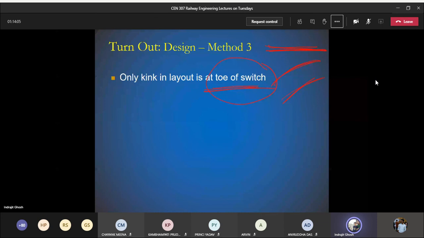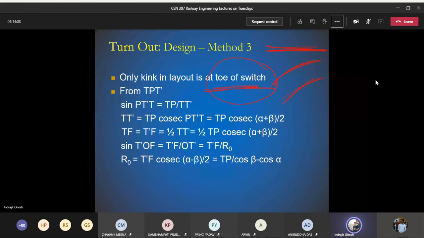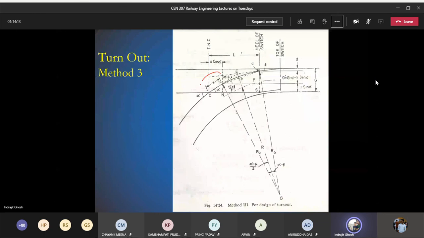Here also we have many derivations. The only difference between the second method and third method, everything else is same. Only thing is that in this particular method, the modern day method, method 3, we have some portion which is known as X. This is straight portion. Those who are interested in engineering services, if the problem statement talks about some straight portion at the theoretical nose of crossing, you have to understand that we have to use the third method. Here also we have certain derivations.